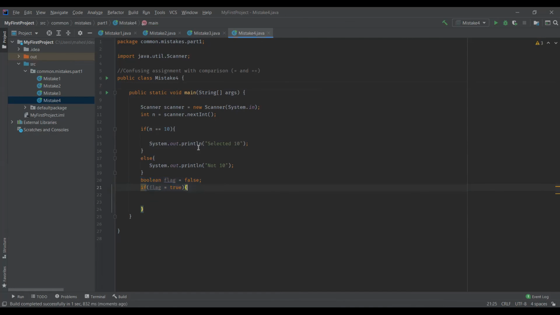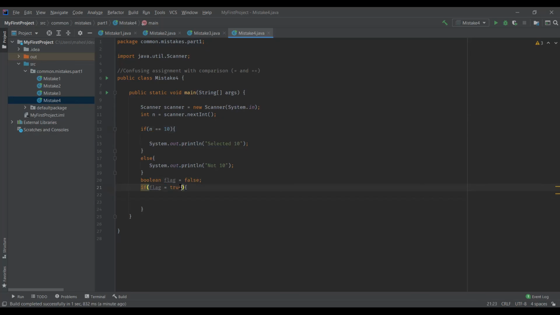If my variable is boolean, even if we have this equal symbol and assign this flag value as true, see, for example, the default value of flag is false, and in the if condition I am assigning true to this flag value, but I might be thinking that I am comparing this flag variable with true. And even if I use this assignment operator, I am not getting any compilation error as we got when using the integer variable.